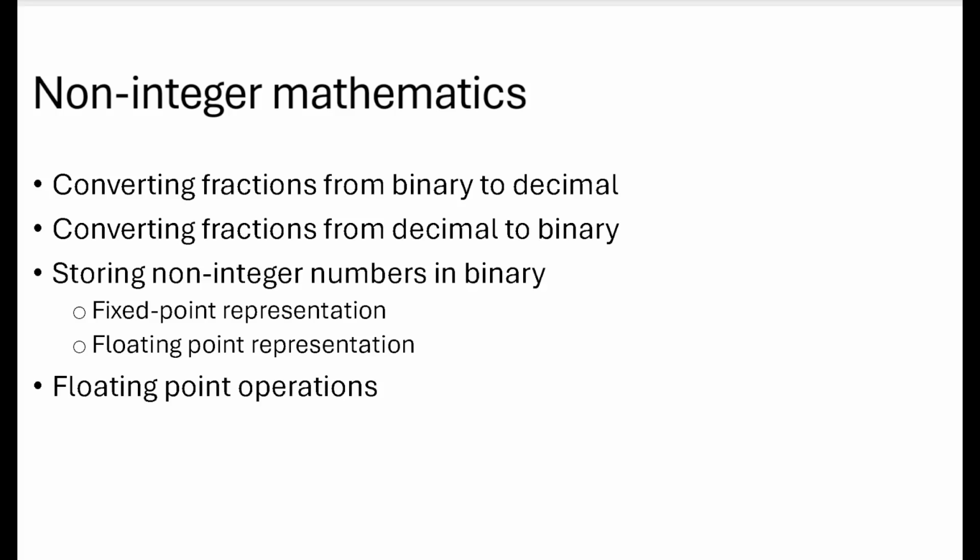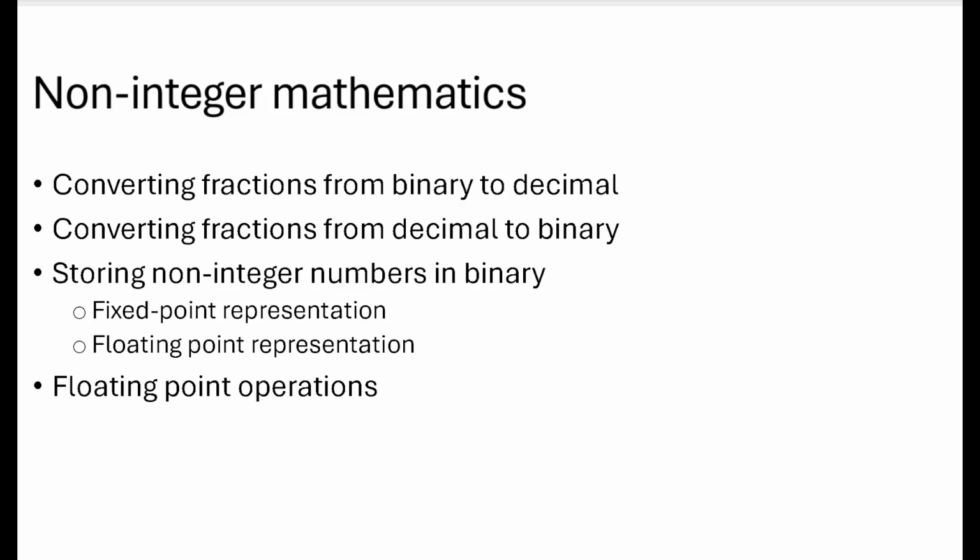Hello and welcome. In this set of videos, we will talk about floating point operations, but we're going to build up this discussion from the ground up a little bit. So we'll talk a little bit about converting fractions from decimal to binary and converting fractions from binary to decimal. We'll talk about how fractional numbers get stored in memory, and when the CPU looks at the memory and knows this is a fraction point or a non-integer value, how does this value get represented